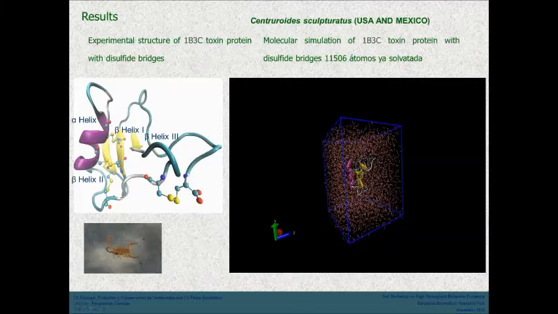Well, this is another results in the scorpion. If you see, this is again the alphas, betas, helix, and this is a movie of